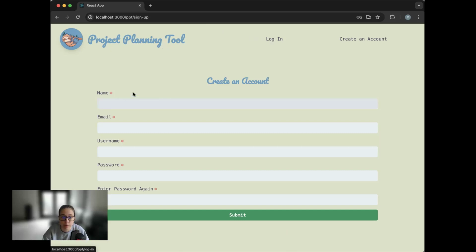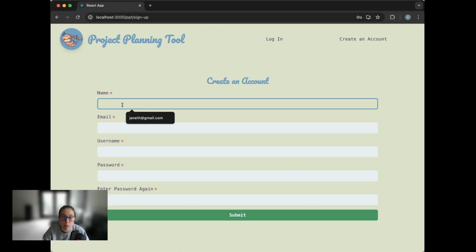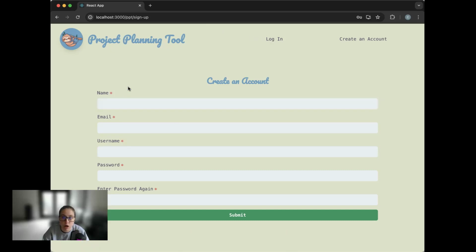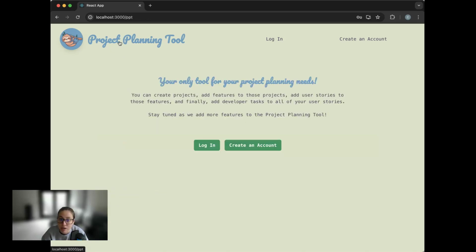What else do we need to be able to do? So we need to be able to create the project, create the feature, create the user story and task like I showed you, edit all of those things and delete them, okay? So this is the project planning tool,